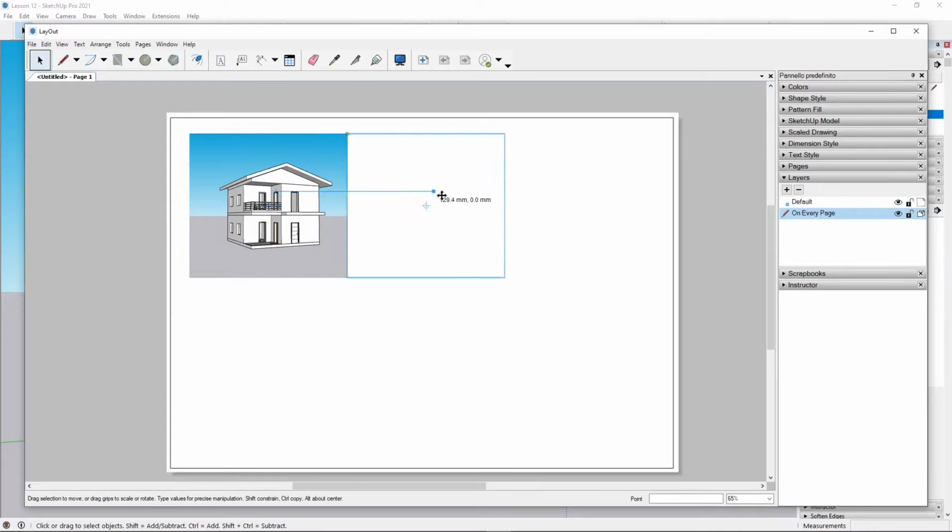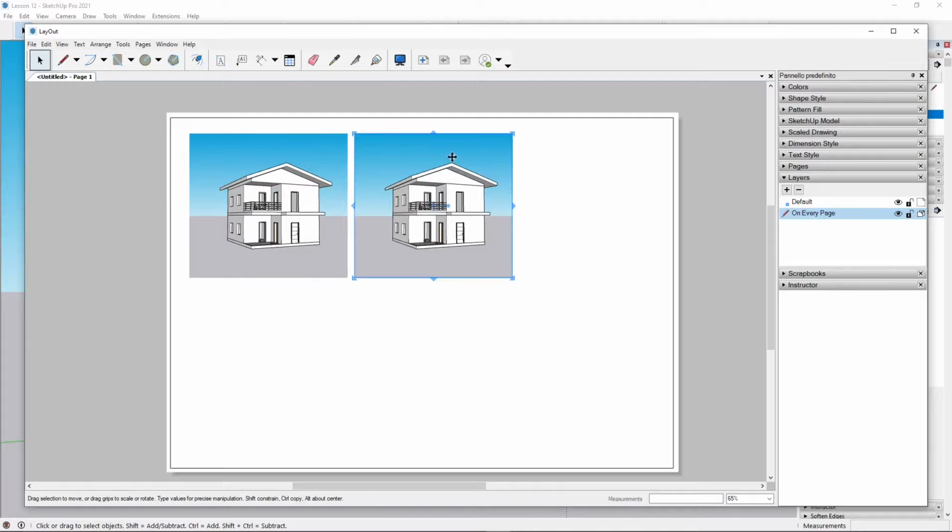So I'm gonna move this right here. Let's see if I can fit here like 3 views. Okay, and if I double click, now I can edit this view. Maybe I want another perspective, so I'm going